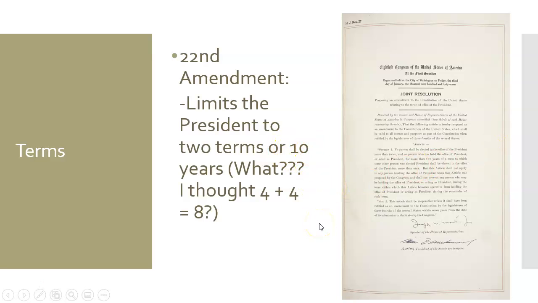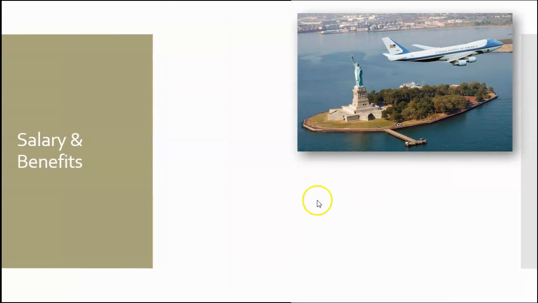So the way this works is if a president is vice president and for whatever reason has to serve as president, his president dies, resigns, has health issues or something like that, they can serve 2 years of a previous president's term and then run for 2 more terms. So actually now the most amount of time a president can serve is 2 years of a previous president's term plus 4 years, and then if he or she gets reelected another 4 years, that's a total of 10 years, 4 plus 4 plus 2. Okay, nobody's ever done that, but it could happen. It's in the 22nd Amendment.